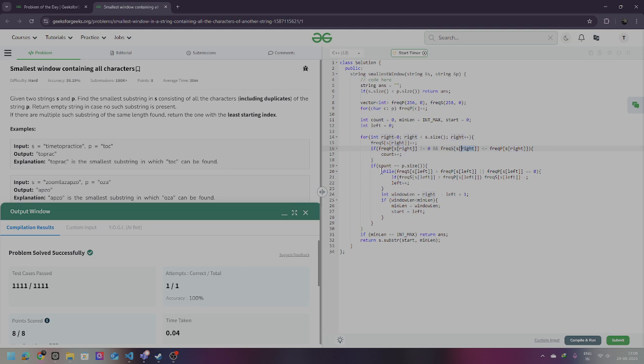Once that is done, we are going to see if the count is equal to P dot size, which is going to basically tell us that all the elements that are there in the P string have been encountered, and we can move on further